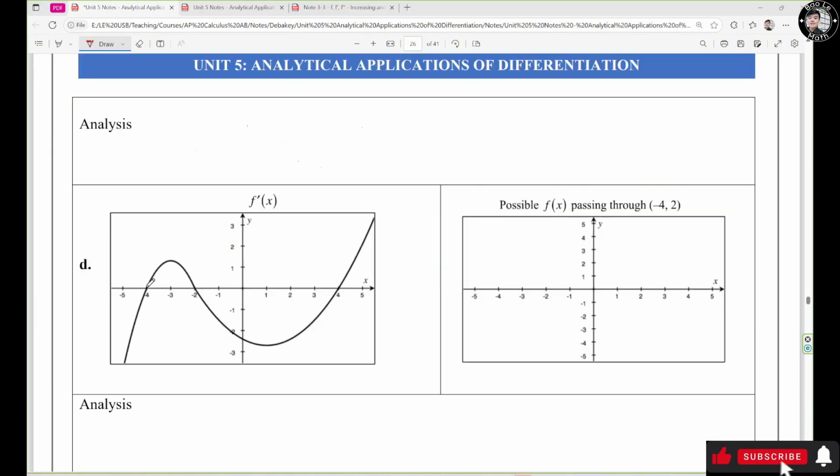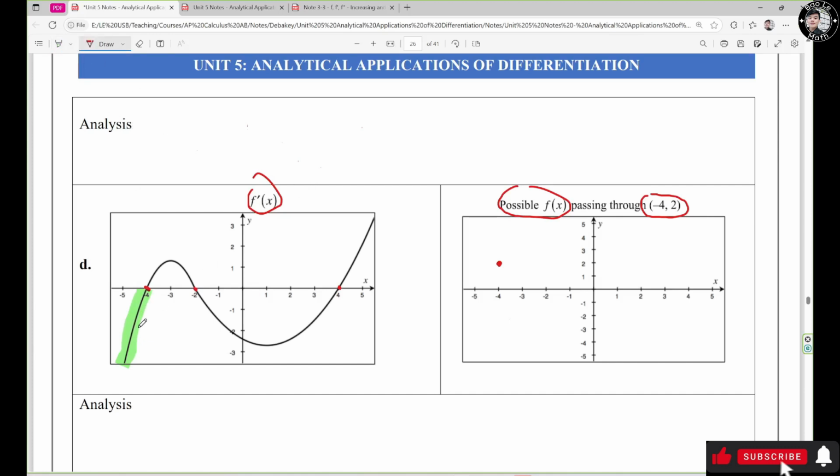First, we need to locate the 0 of the function f prime of s, right? So we have negative 4, negative 2, and 4, right? So these zeros become the relative extrema of the function f of s, right? So we know that the function f of s must pass the point negative 4 and 2, right? So I'm going to locate the point negative 4 and 2 right here, right? That's the first point. Alright, and we know that from negative infinity to negative 4, the function f prime of